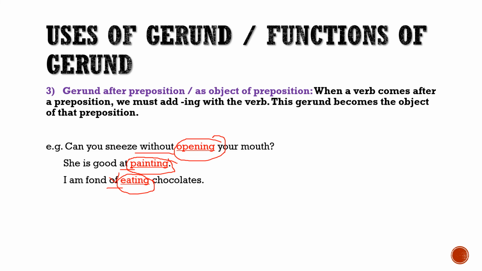তার মানে এখানে preposition of এর পরে একটি ভার্ব ছিল eat। যেহেতু eat এসেছে preposition of এর পরে, সো আমরা এর সাথে ing যোগ করেছি এবং এটি একটি gerund হয়ে গেছে এবং এই কারণে এই gerundটি preposition of এর object হিসেবে এখানে কাজ করছে। I hope you all have understood this explanation. আমরা আমাদের পরের ক্লাসে gerund-এর আরো 4টি ইউজ সম্পর্কে জানব।